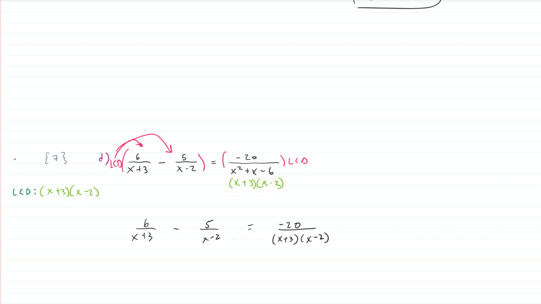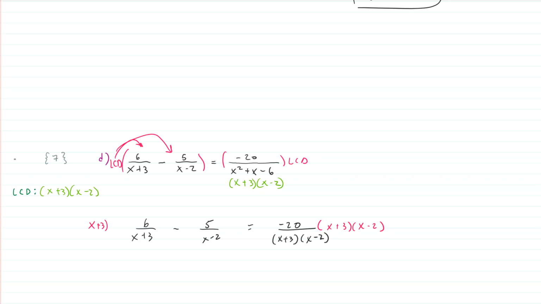I'm going to leave the term factored in the bottom on the right, the x squared plus x minus 6. I'm going to leave that factored just because it'll help me see what's going on. So if I have my LCD, which is x plus 3 and x minus 2, and I have that multiplied by each of these terms,